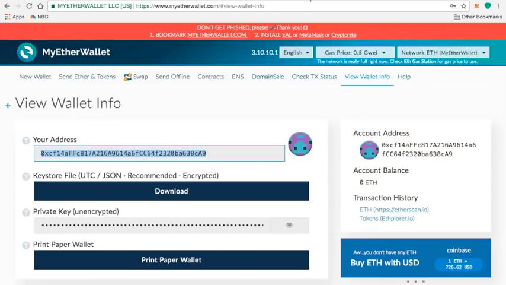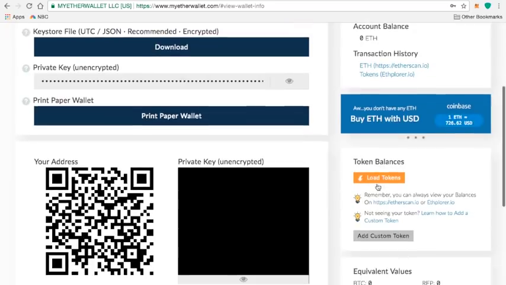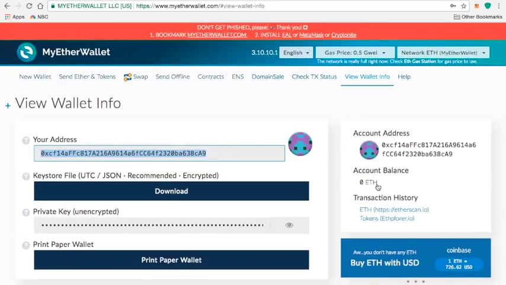So the Ethernet wallet, what happens is it's an Ether wallet. So Ethereum, what you're actually doing is putting Tron under the Ethereum blockchain. So what's going to happen is it's going to realize, hey, you're sending over your Tron into my Ether wallet, but the system automatically recognizes that it's Tron coin. But how do you see that? Because you see, it looks like I've got no Ethereum in this wallet, which I don't. So what you're going to want to do